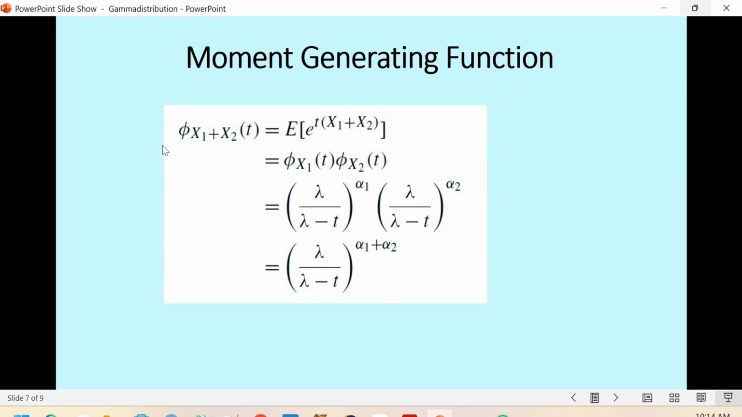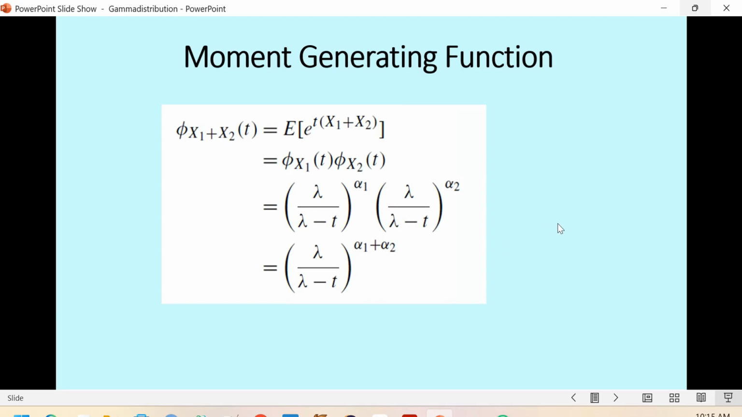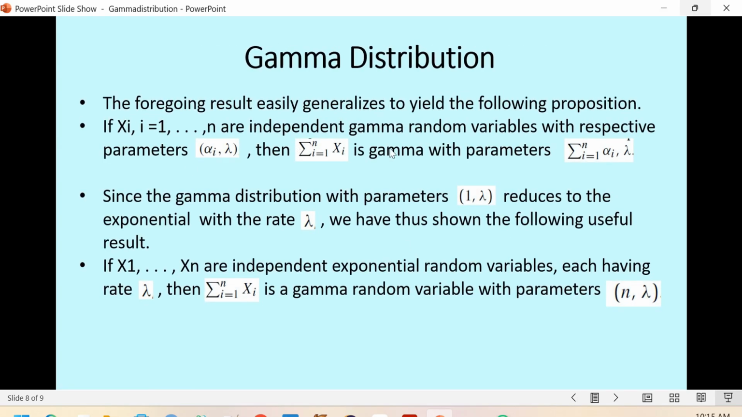You can also see that if x is x1 plus x2, where x1 and x2 are two independent gamma random variables with parameters alpha 1, lambda and alpha 2, lambda, then the result will have parameter alpha 1 plus alpha 2. Their moment generating functions are the same scalar with different powers, and the power is just alpha 1 plus alpha 2. This is also very interesting. From this result, we can get a further